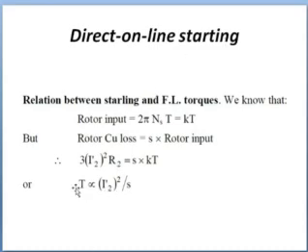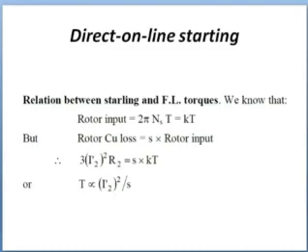Starting current. This is the torque current relationship. The torque is proportional to the square of the rotor circuit current. Now for the starting condition, the slip is equal to 1, because at the starting condition the rotor speed is 0. Okay, so we have to remember the direct online starting can be used only for the low wattage or low rating